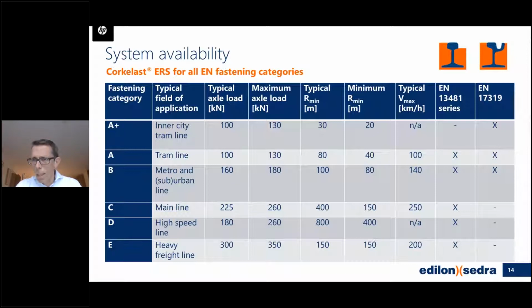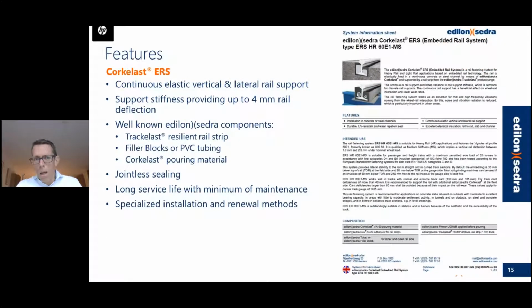Embedded rail that we tested with our test machines and that complies with these standards is available in all those categories where you see the crosses. Well, we collect that technical information of our embedded rail systems in so-called system information sheets. And as you may know, we make use of a couple of different products to provide